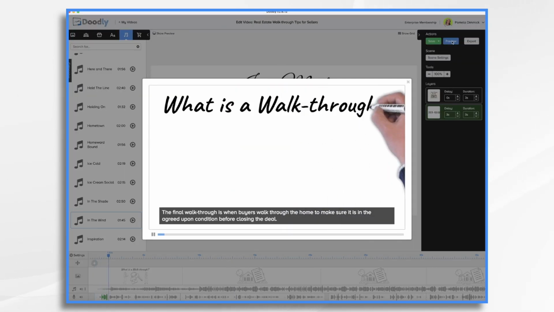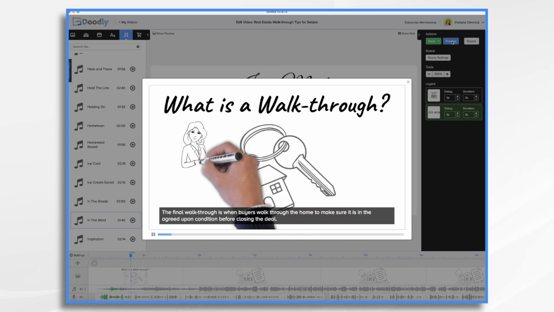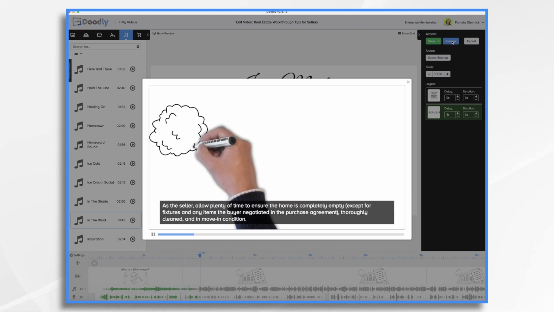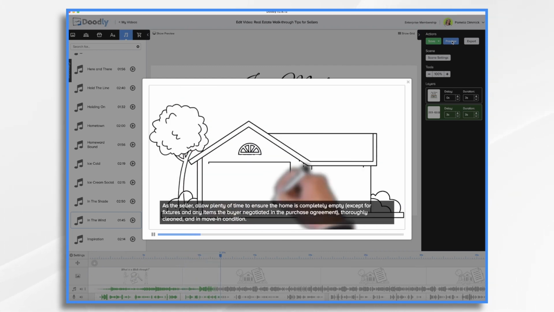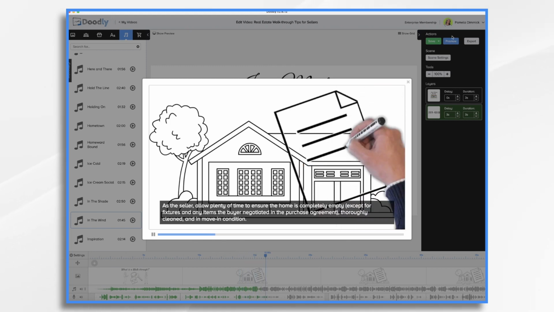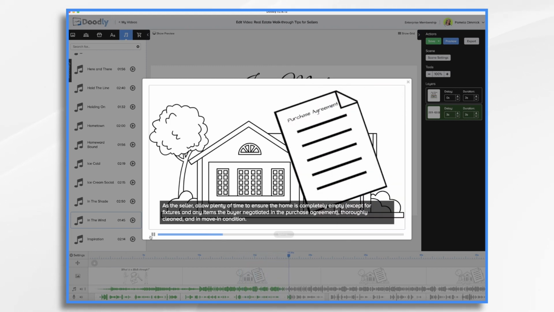The final walkthrough is when buyers walk through the home to make sure it is in the agreed upon condition before closing the deal. As a seller, allow plenty of time to ensure the home is completely empty, except for any fixtures or items that the buyer negotiated in the purchase agreement. It should also be thoroughly cleaned and in move-in